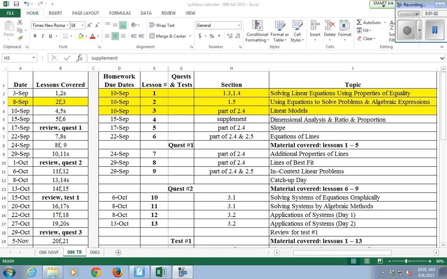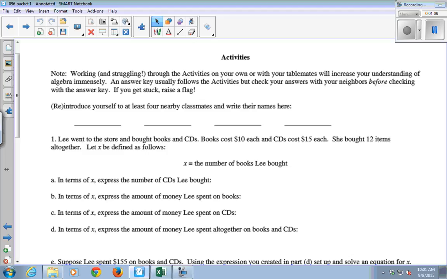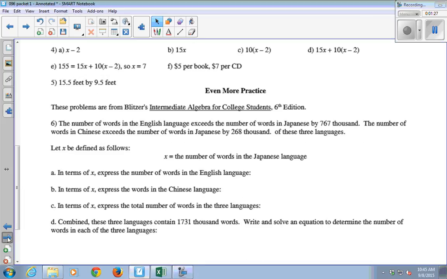All right, so again, turn to page 11 in your packet. We're going to do the activities from the class that we started on Thursday of last week. We're talking about word problems, so here's some activities involving word problems, and I'll be coming around to discuss with you. So we're going to move on here